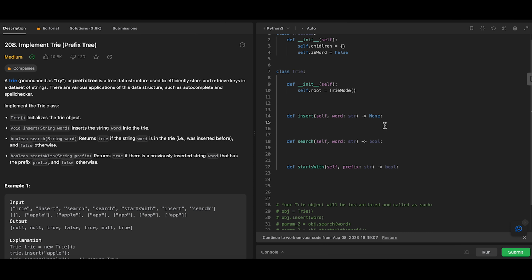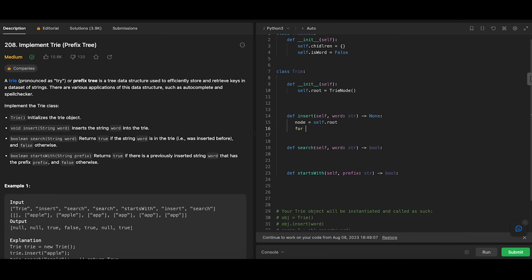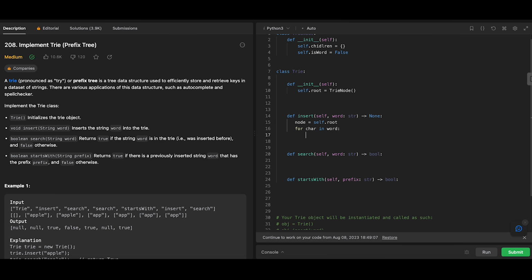Trie class. So first we want to grab that root, right? We want to grab that root and set it equal to node. So node equals self.root. And then we want to open up a for loop. So for character in word, what do we want to do? So for character in word, we want to check to see if the current node has the character as a key in its hash